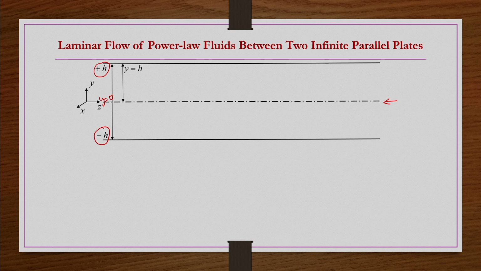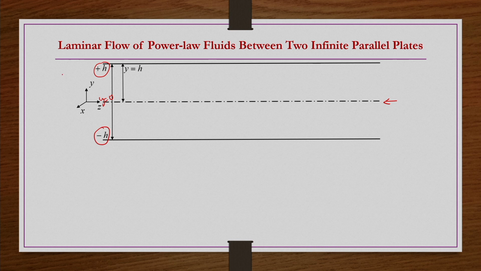So, let us say in the z direction, the length of these parallel plates is L. So, L by h is going to be very large. If you take the L by h value for this kind of geometry, in general you are going to have a very large value. When you have this kind of L by h or L by D value, as we have in pipe geometry, then you can say that the flow is fully developed. Okay. So, this is the geometry.